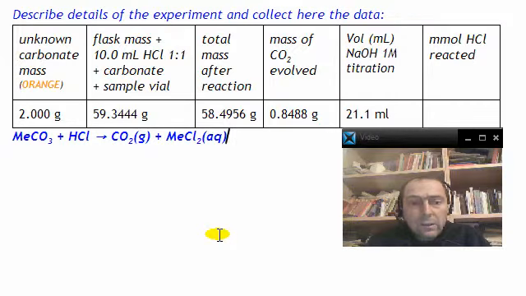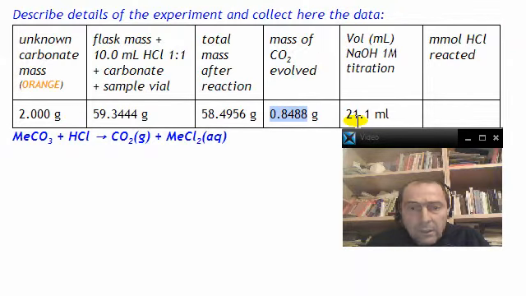Okay, and the students weighed the total mass before the reaction and after the reaction, and determined, by subtracting the second from the first, the total amount of carbon dioxide that was formed,